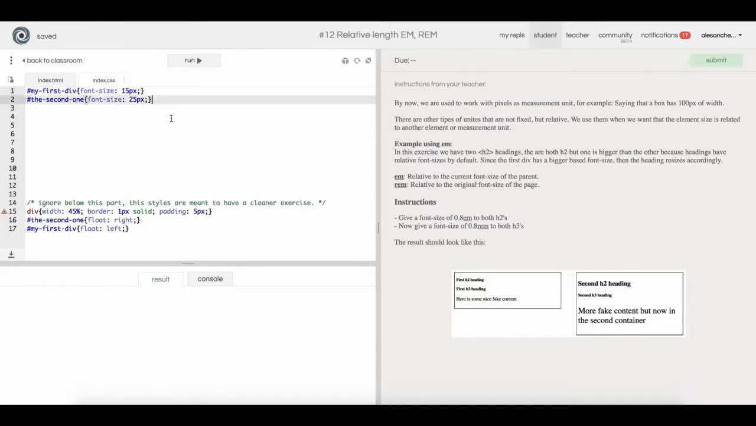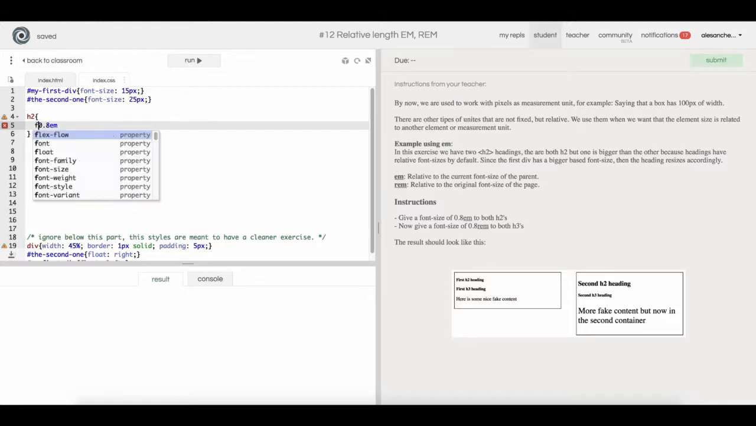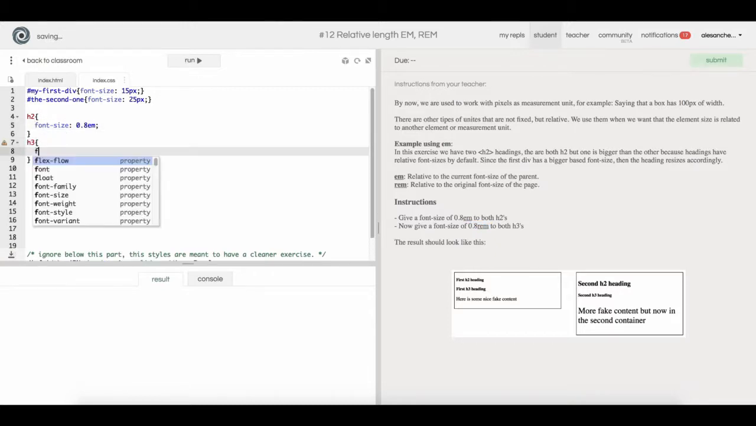So let's say H2, font size 0.8em, and then now give a font size of 0.8 rem to both H3s. So H3, font size,